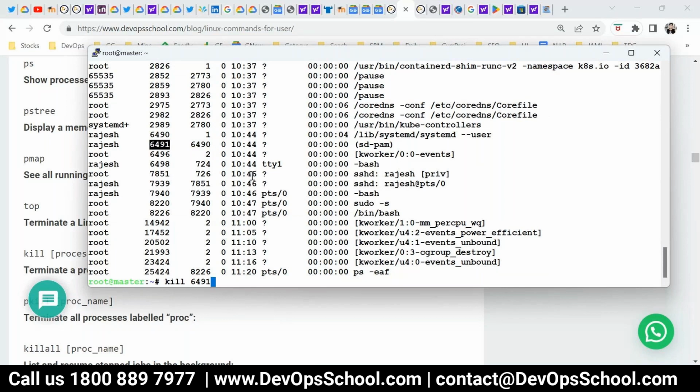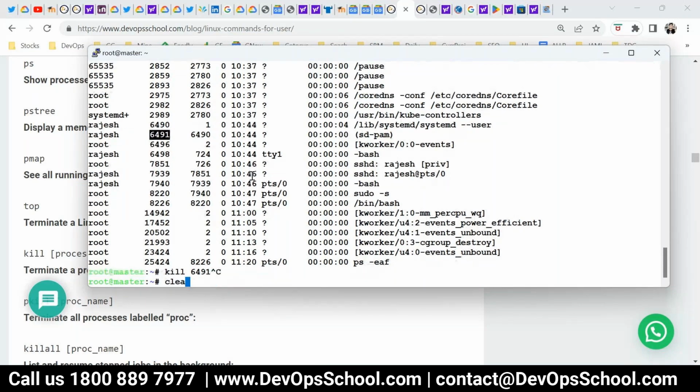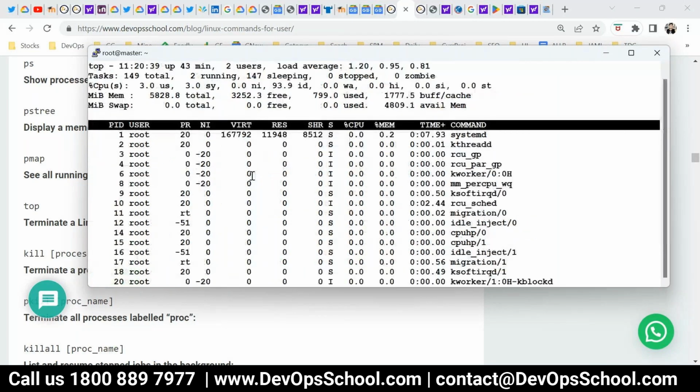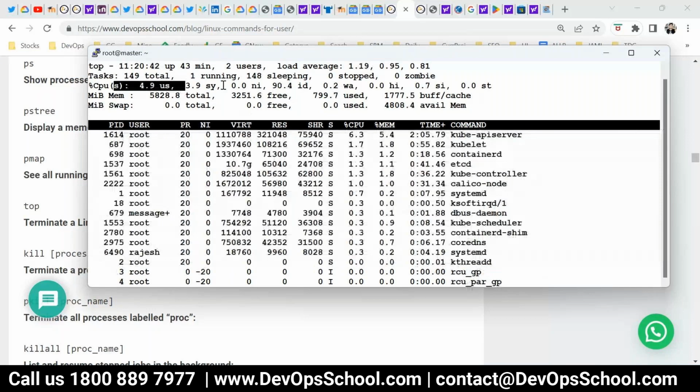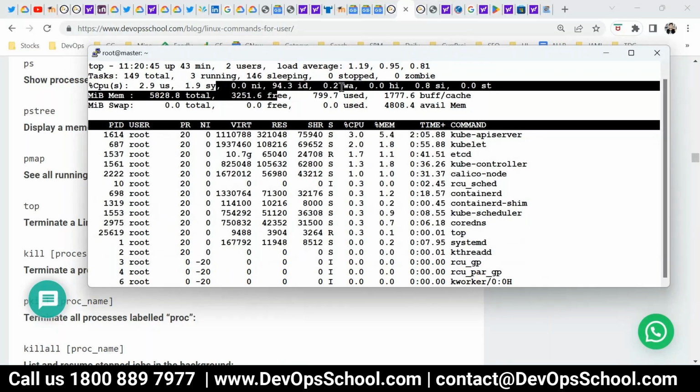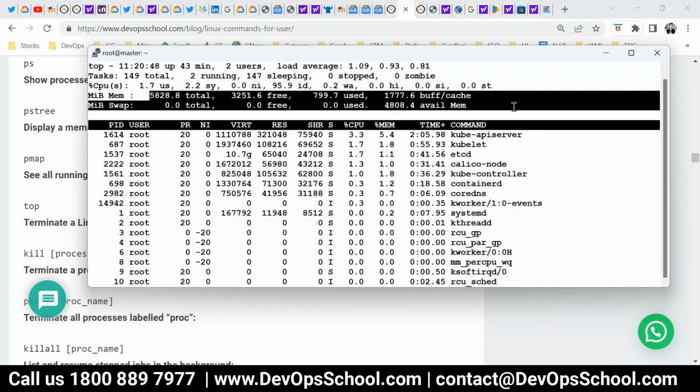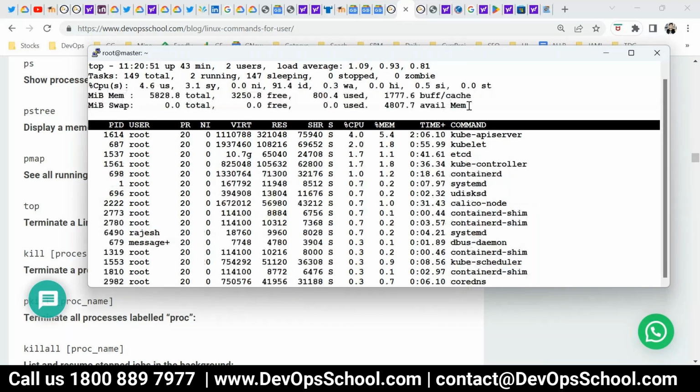There's one more command which is called top. Here you'll get all the process IDs which are running, CPU, RAM, storage, input, output, swap memory, everything. It will take some time to read and understand this table, but try it out. It is good.